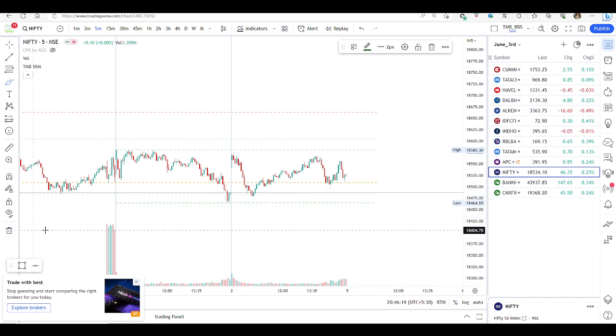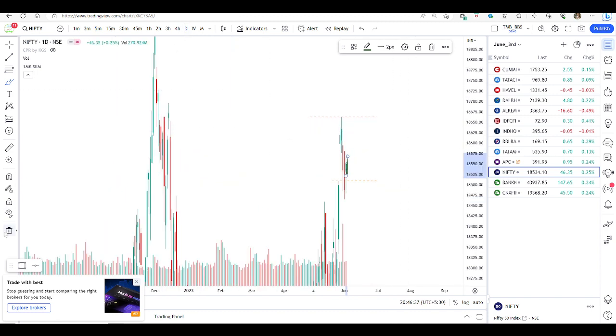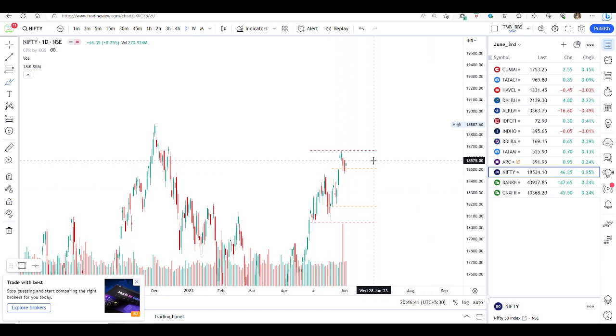If the market opens in between here or anywhere, there will not be any trading opportunity. It is going to be sideways only, a very narrow range sideways. Why am I saying very narrow range? If we go to the daily time frame, the candle is almost an indecision candle. This was a completely red candle, and within this red candle it is engulfed. So we cannot see any price action until it moves above this or below this.